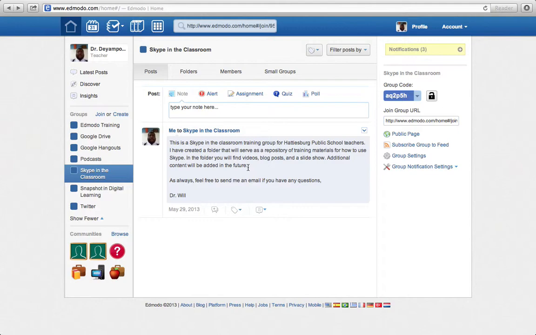Either you or the other teacher would actually create the group and share the code with one another, and at that point you will be able to get your students in and start having your discussions. Remember, you would be able to create your posts inside the group. Like this is a post right here. You'll be able to put your posts, upload assignments that students would have to do,